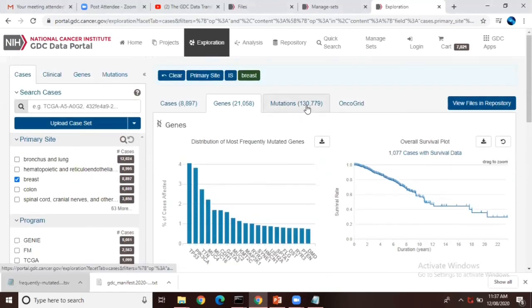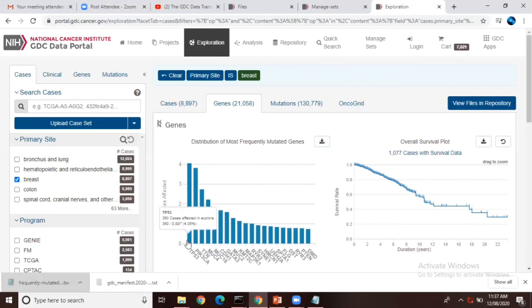Afterwards we will move towards the mutations data they have available. So here I just want to show you we can directly download this data, or also we can download this image. So if you are interested to study only the top or most frequently mutated genes in breast cancer, you can directly download this data.